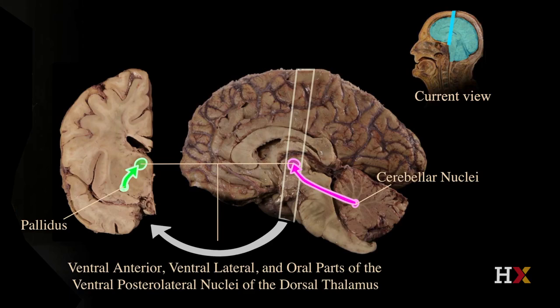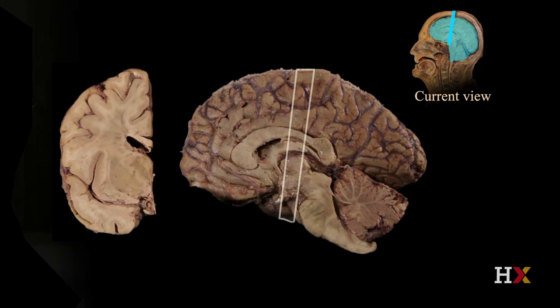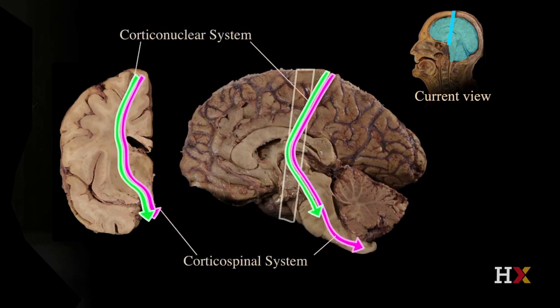These so-called motor areas of the thalamus give rise to the thalamocortical projections to M1 and the supplementary motor area. The thalamic areas that receive input from the globus pallidus project mainly to the supplementary motor cortex, and the thalamic areas that receive input from the cerebellum project to M1. Signals transmitted from the corticospinal and corticonuclear systems can be modified by outputs that reach the cortex from the cerebellum,